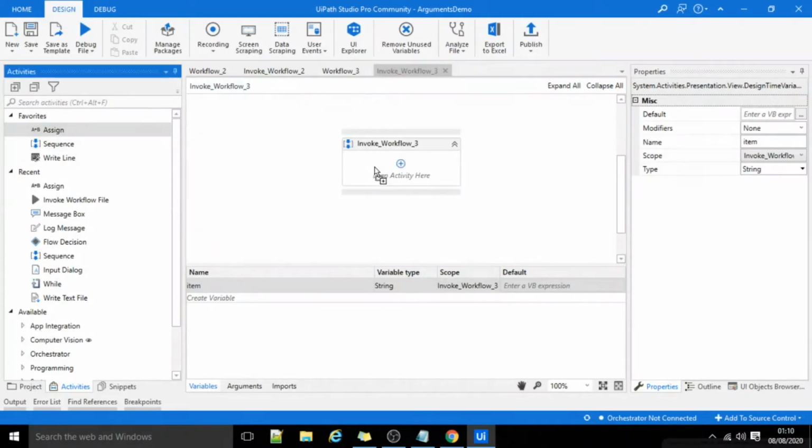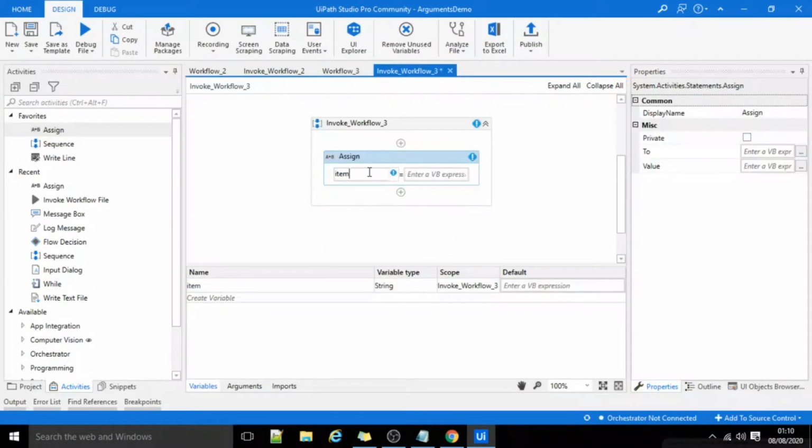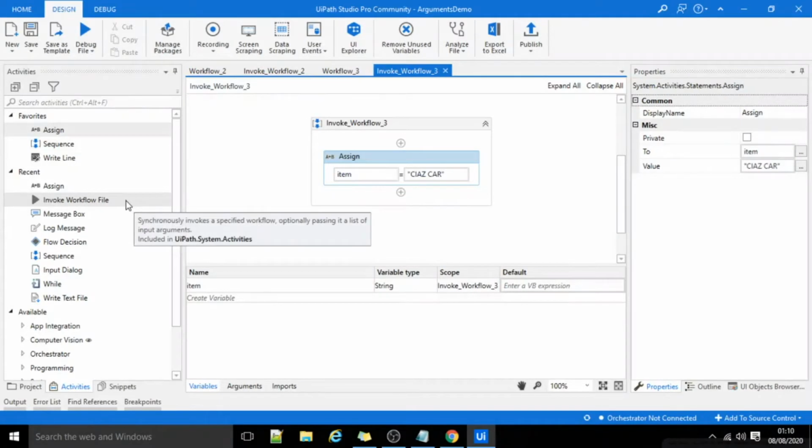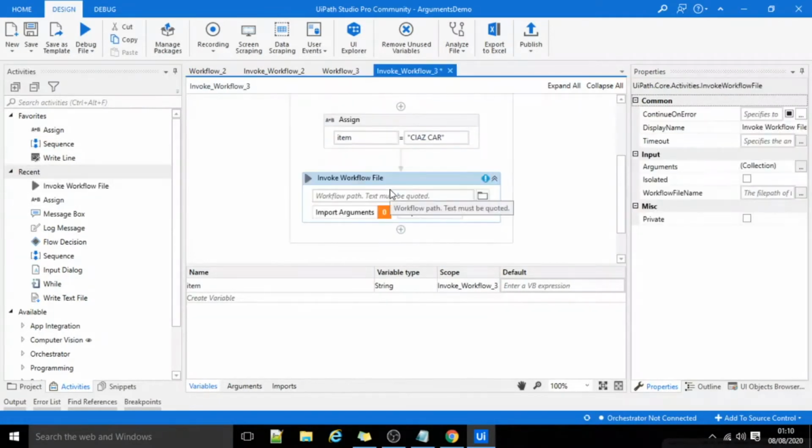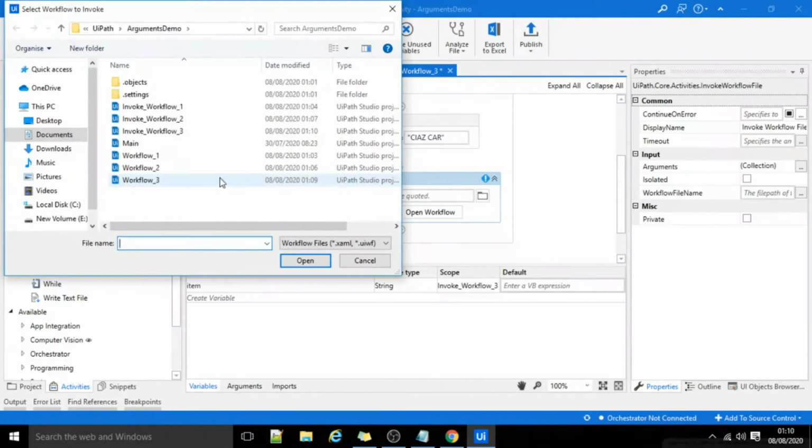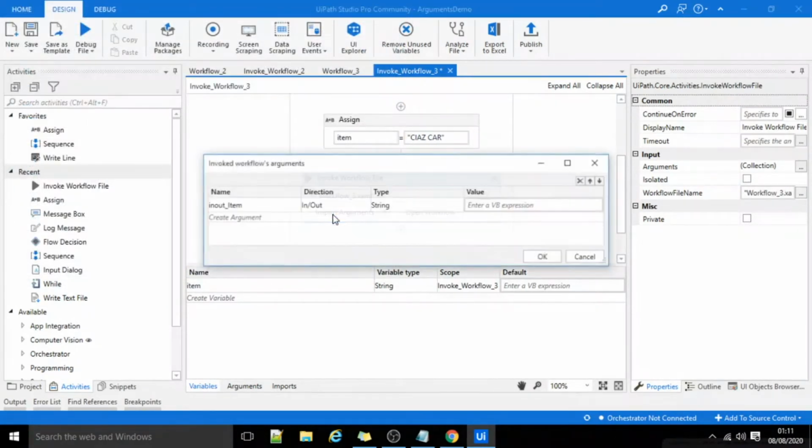I will assign some value to this. I'll assign the value Ciaz car. So this text value I am assigning. Now I will invoke or call that workflow. I'll choose that Workflow_3. I'll import arguments. Now I will pass this value of item. So here I am passing this text value as Ciaz car.